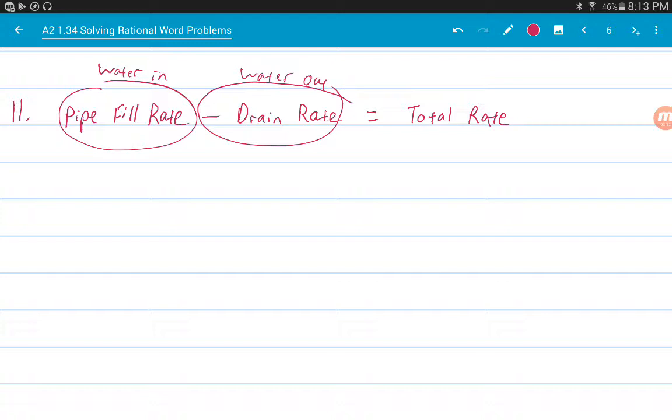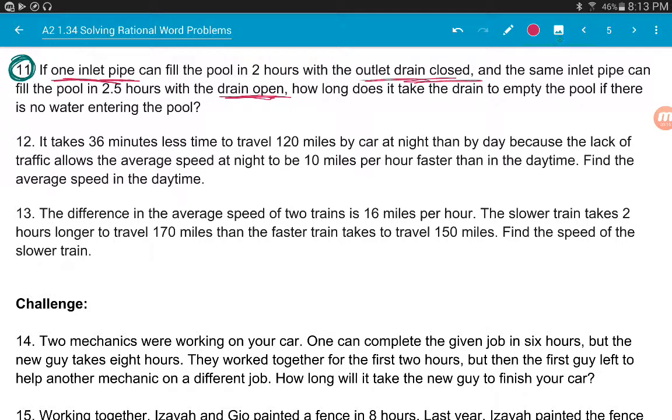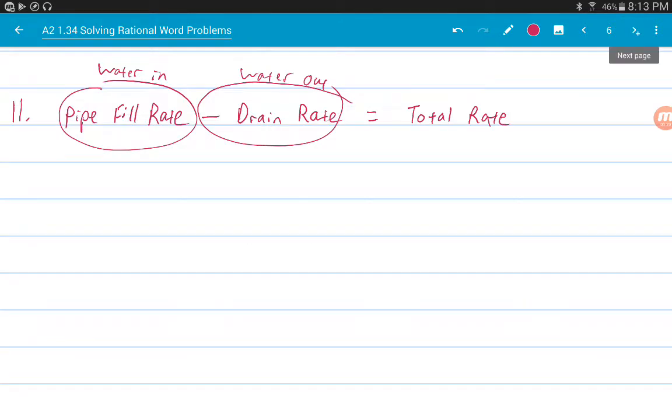So the pipe fill rate, let's handle that. The pipe by itself, okay, so here, look. If one inlet pipe can fill the pool in 2 hours with the outlet drain closed, so the drain is not doing anything, the one pipe can fill the pool in 2 hours. So here's the rate. What can it do in 2 hours? It can do one pool over 2 hours